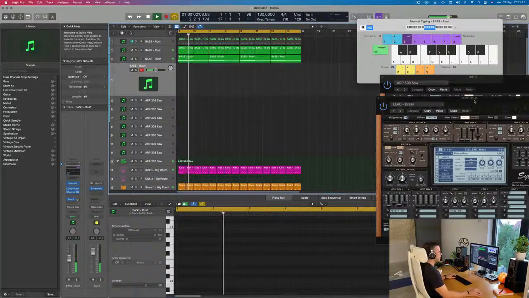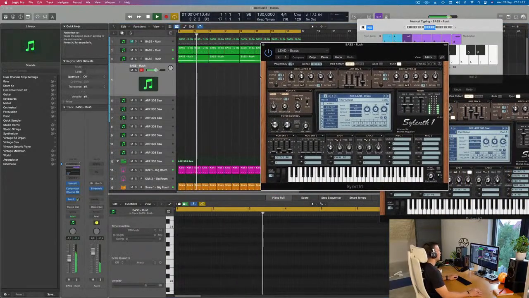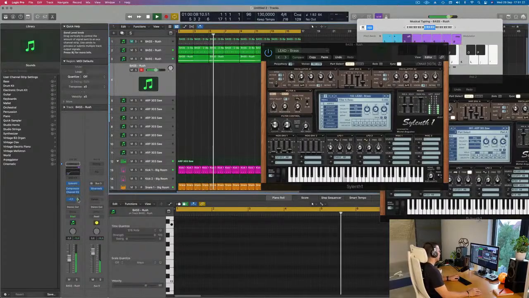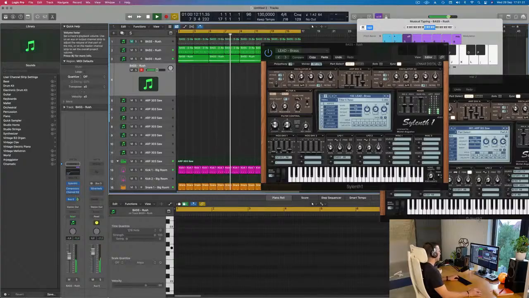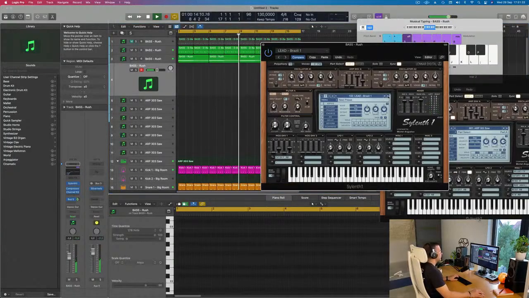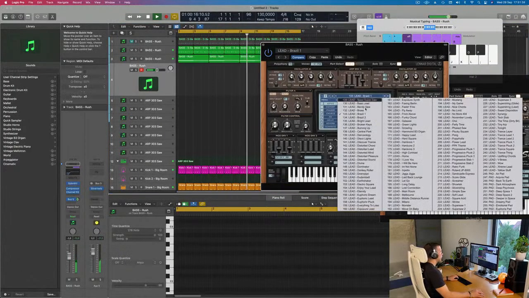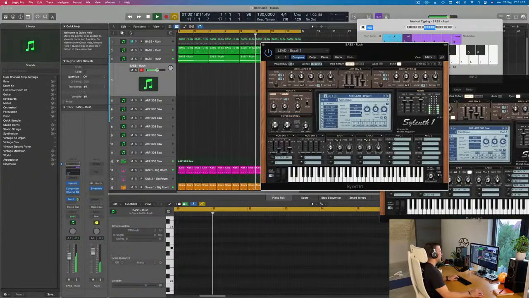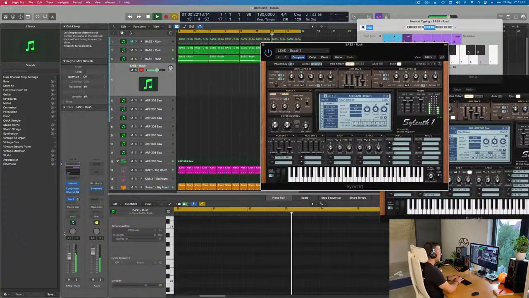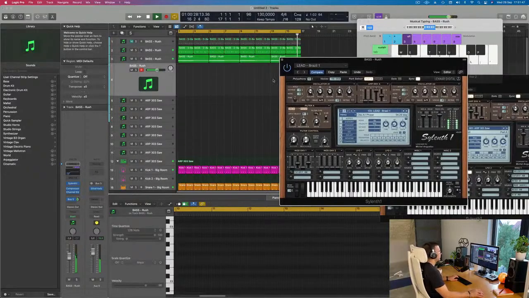Like this for a minute. So definitely I am much stronger into composing leads than creating chords, so I think I will do that. I think there's something missing before the lead, but